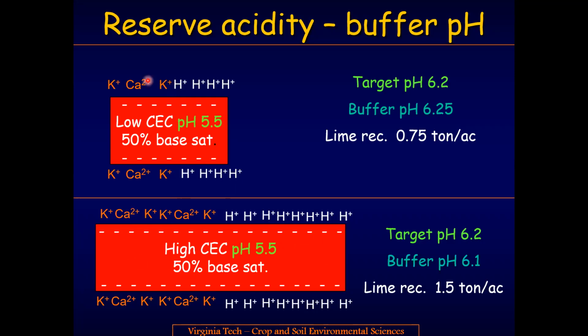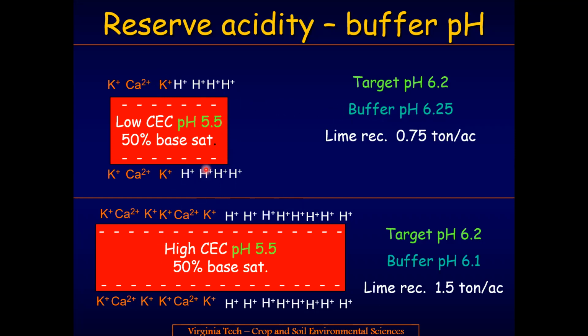So you can see in both of them, we've got our potassium, calcium, and so these are our base cations. And then this H+, that's acidity. That's the reserve acidity that's sticking on the cation exchange capacity and isn't measured when you just do a pH measurement in water. But our buffer pH does measure this. So you can see both the low cation exchange capacity soil and this high cation exchange capacity soil, the water pH comes out at 5.5 because they are half saturated with acidity, half with cations. But when we have a buffer solution, it's a salty solution, it'll kick all of this reserve acidity into solution where it'll be measured.